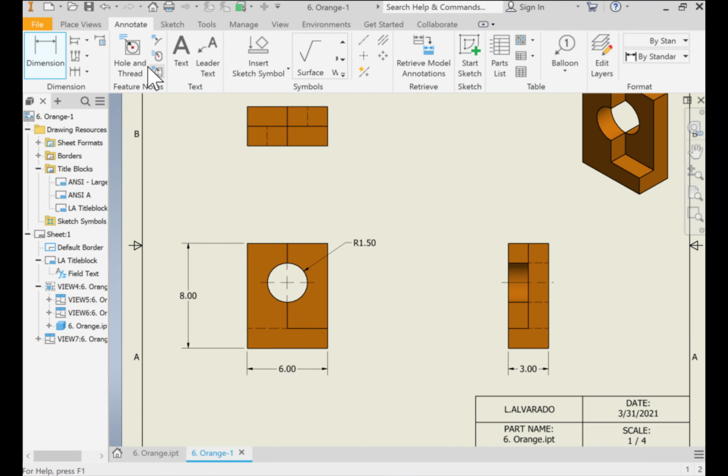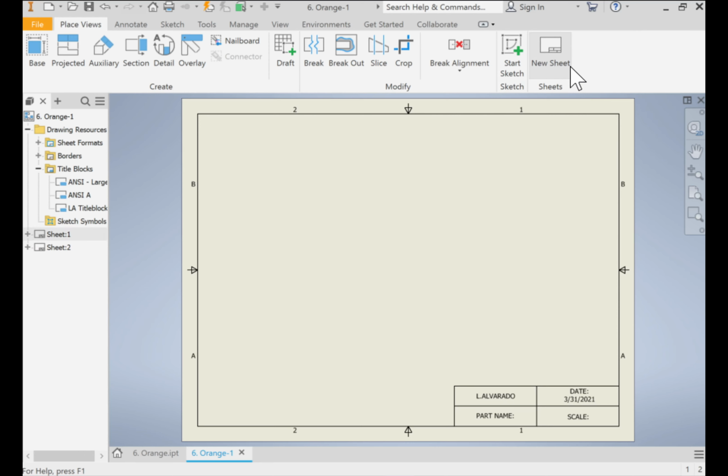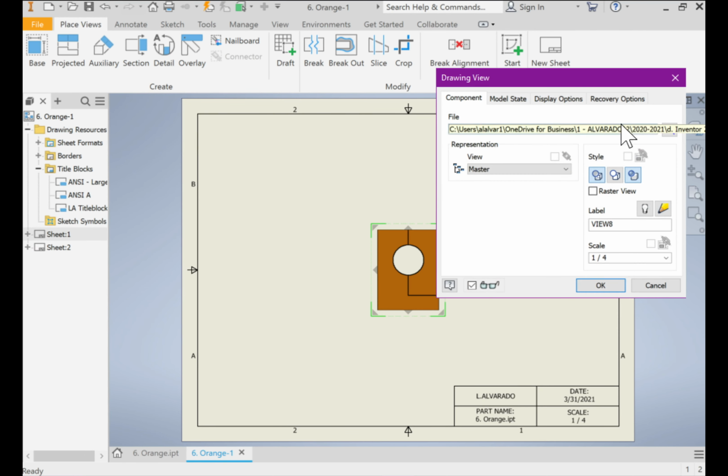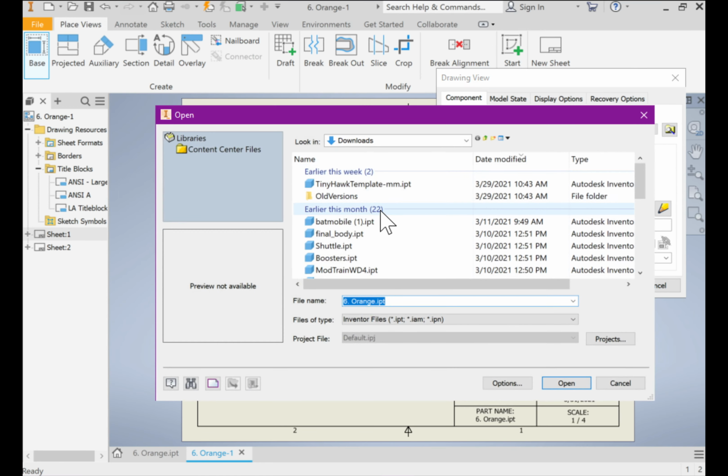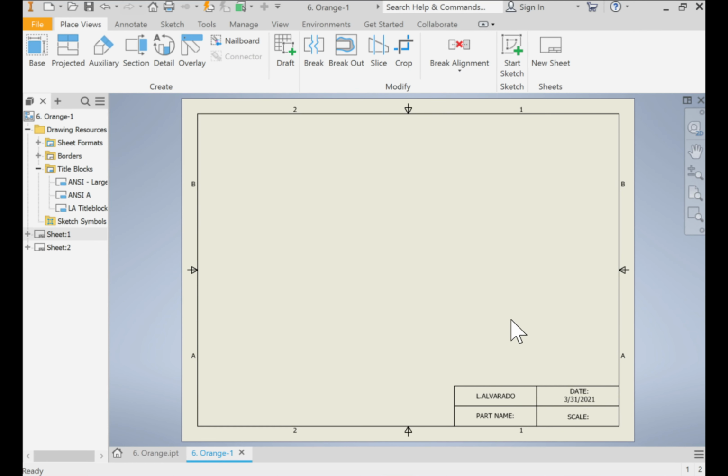Okay, so when you want to add more sheets, you can just go back to place views and start new sketch. Click on new sheet, and then you can start adding your other parts. Okay, so I could go through all of my stuff and find it, but I think you should be able to do this on your own. So it's your responsibility to finish the other 9 parts or the other 4 parts, depending on how many you have done,